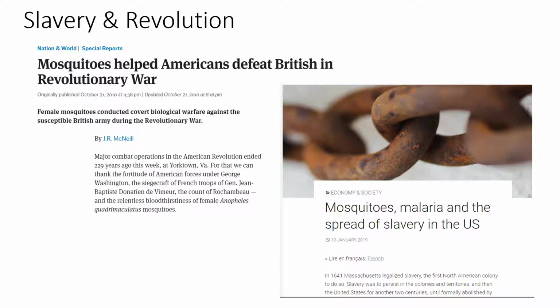During the European colonization of the Americas, the mosquito played a role in establishing both slavery and revolution. As Spain, Portugal, France, and Great Britain established and expanded their colonies in the Americas during the 16th, 17th, and 18th centuries, the European colonists faced a major problem. In areas such as the Caribbean and American South, they wanted to grow massive amounts of cash crops like sugar, cocoa, coffee, tobacco, and cotton. But to do that, they needed a massive amount of labor power.